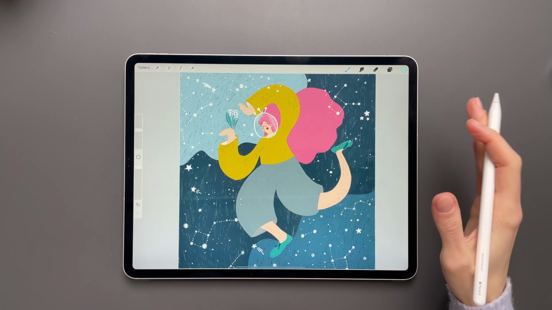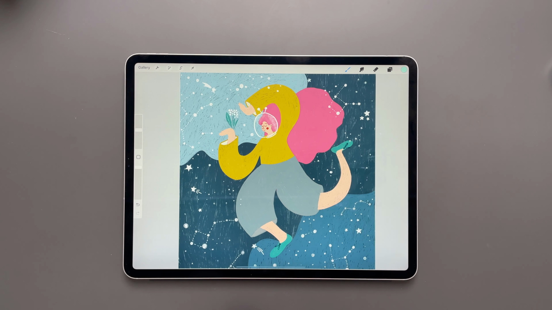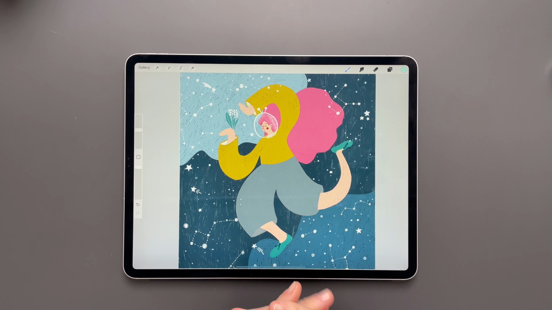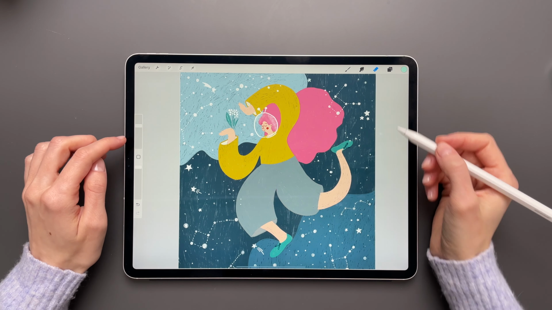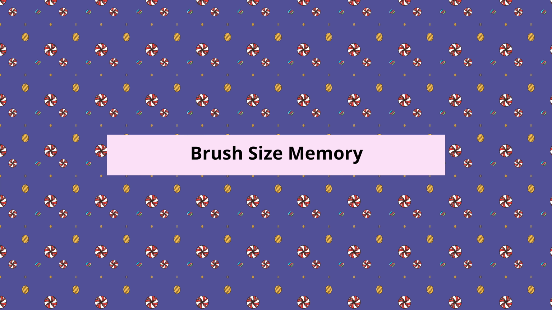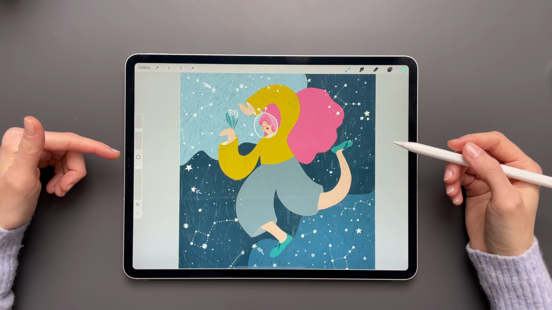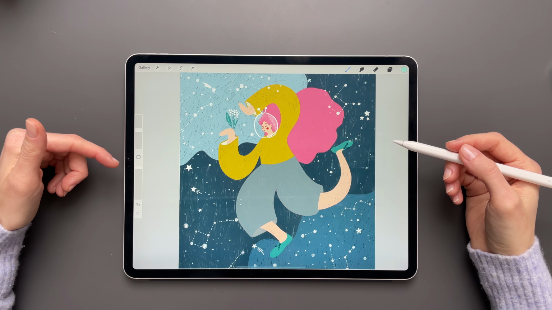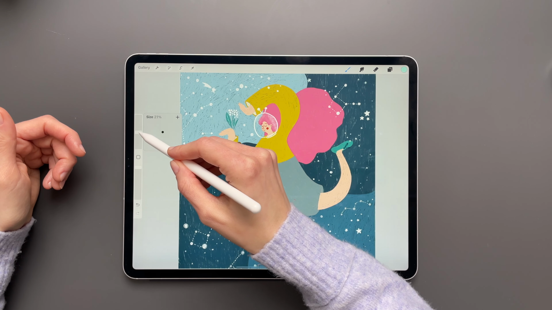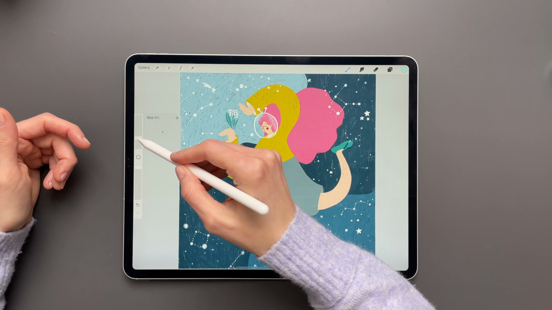Now let's go and see what's going on with the rest of Procreate, and we should probably start with the brush settings because there are some pretty cool updates, and I think one of my favorites. And the first update I want to talk about is actually brush memory. It allows you to save the exact brush size and opacity as well with just one tap. And I think many creatives will love this new function because it helps you have consistency in your drawing,